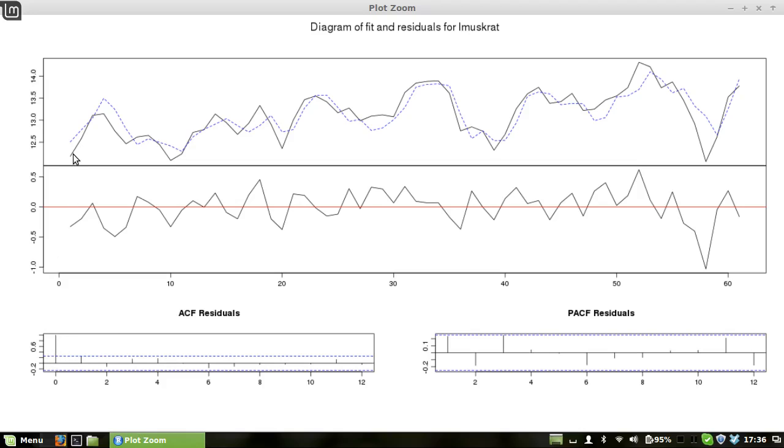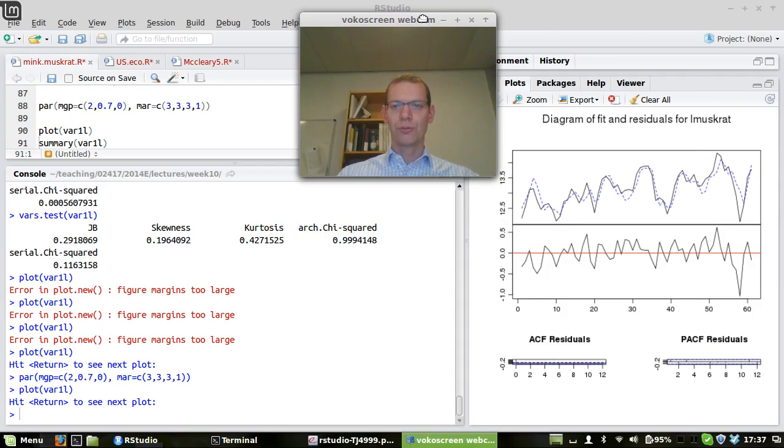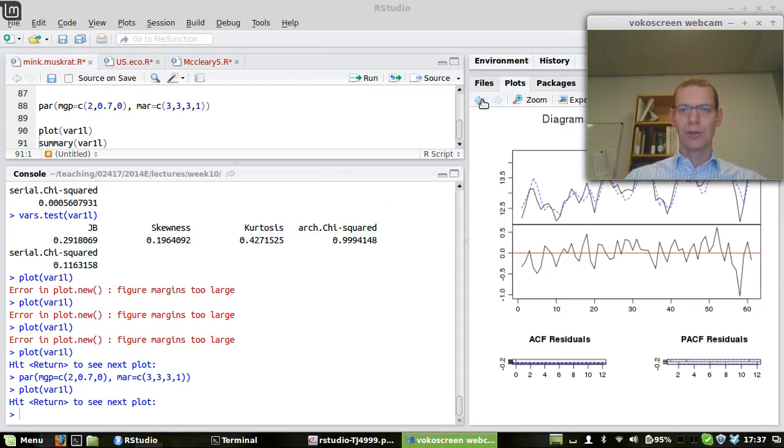And then we can see up here in black we have the data, and the blue line here is our fit. As often seen, the fit comes just after the data when something happens, but generally it looks quite nice. And let's just go back and change to the previous plot so that we can see it for the mink